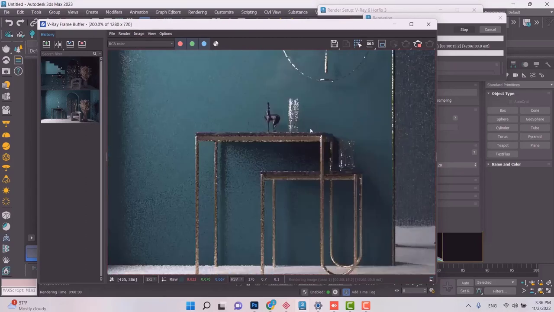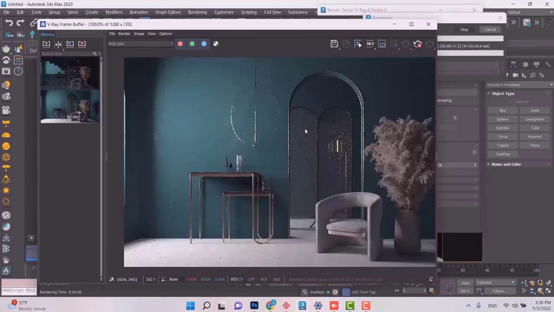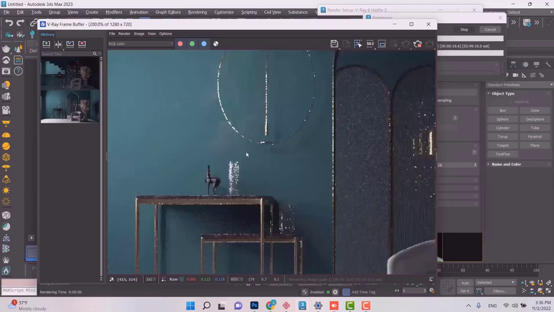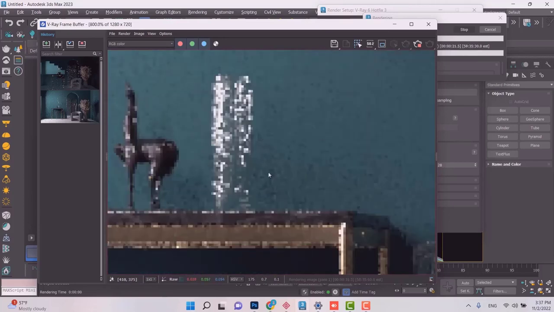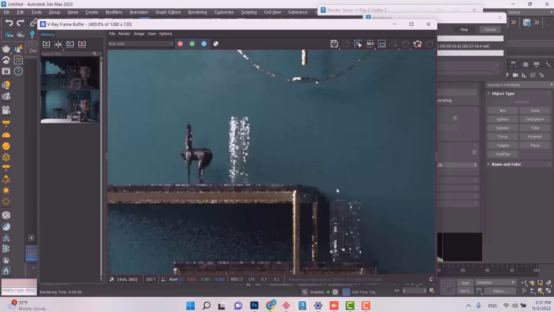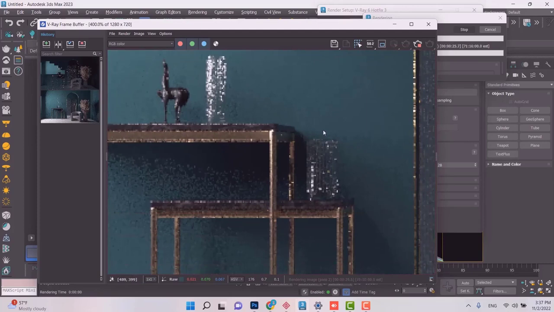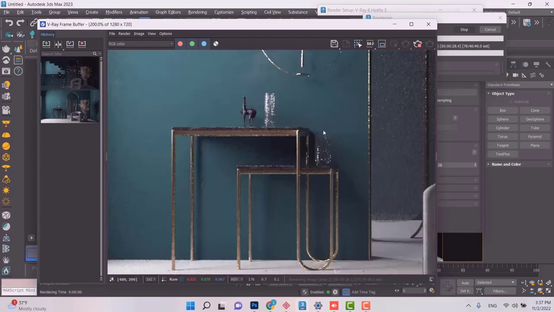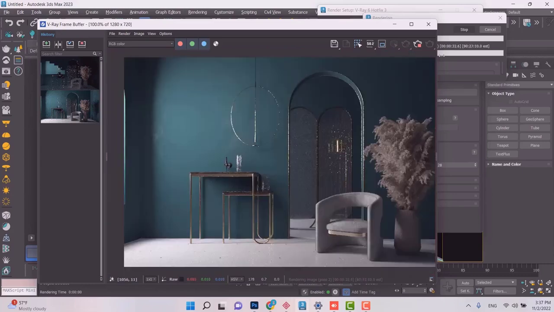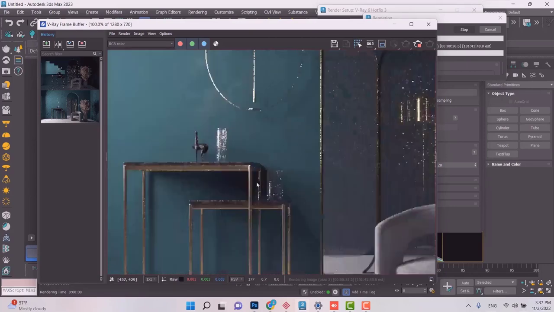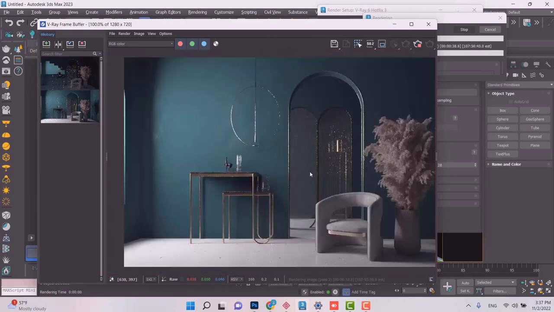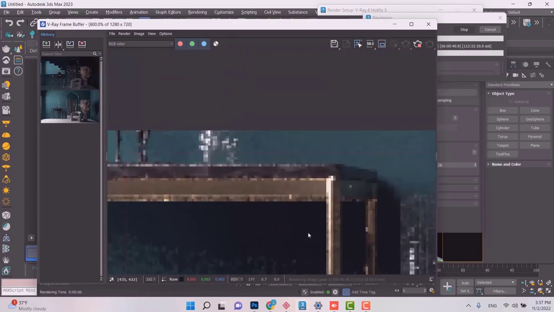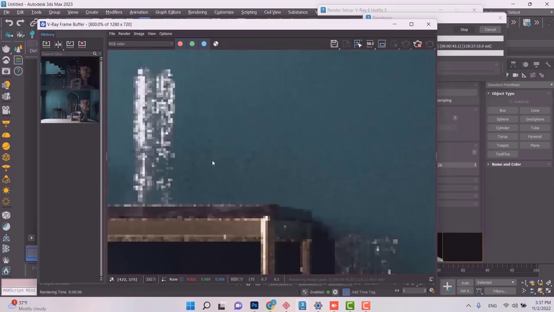So what's the difference between these two methods really, other than what you just witnessed, is that if you have enough time there's no difference. But if you want to take test renders and you don't care about the noise because you know the noise is going to go away if you give it enough time, then the progressive method would be a better choice for that, because you're going to be able to see your image a lot faster, and then you can just make decisions and change the scene. So for test renders we always put this on progressive because it suits our purpose.